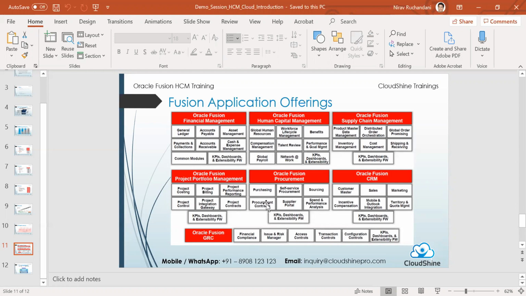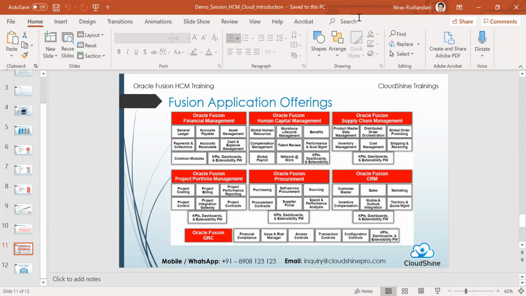Procurement, for any of your purchasing needs, and how you do that activity. And then CRM, for maintaining your customers and their data. So that's how the overall landscape is for Oracle Fusion, and specifically on HCM. Now, before I open the floor for any questions for today's topics, this is how we are going to structure our training.